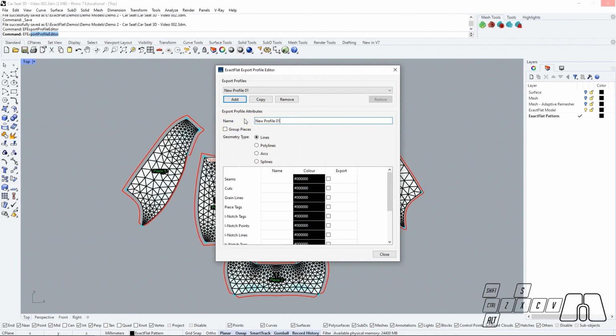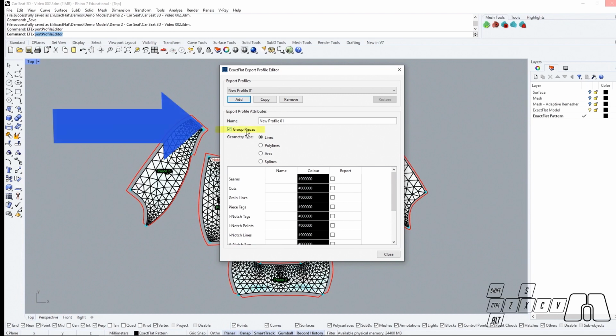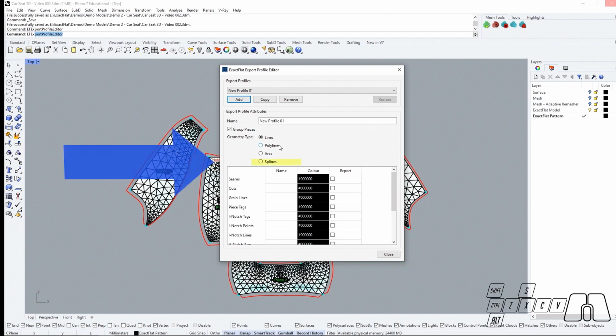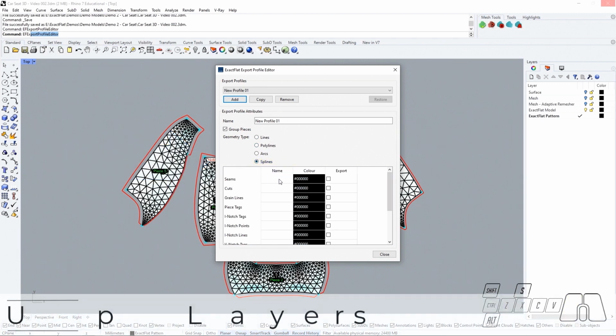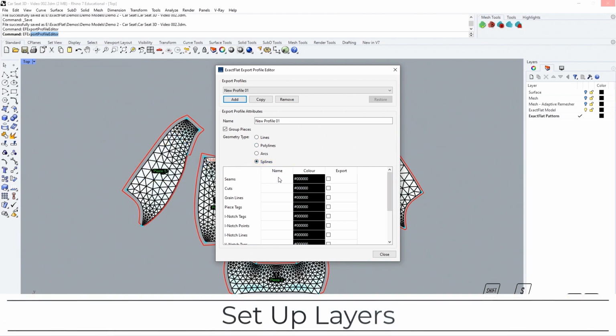We will be able to choose between grouping our pieces or exporting them ungrouped. If we enable the group pieces command, that will let us export our pieces either grouped or into blocks, depending on the file format that we end up selecting. Now I'm going to select group pieces, and over here, under geometry type, we will be able to select between the different entities that are going to form our final DXFs. So in this case, I'm going to be selecting splines,